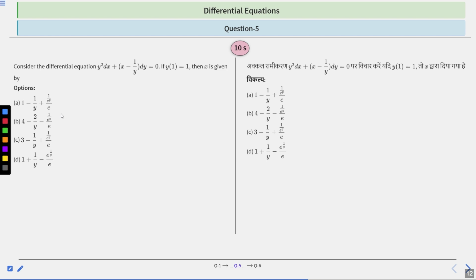So what we can do, we will try to adjust this differential equation and try to convert this into an integrable form, integrating from both the sides, right? Okay, and we have an information y(1) is equal to 1. By using this information, we can calculate the value of the constant. Therefore, x can be calculated, right, easily. Okay, so you have 10 seconds to solve or think about this question. After 10 seconds, we will discuss the solution, okay?